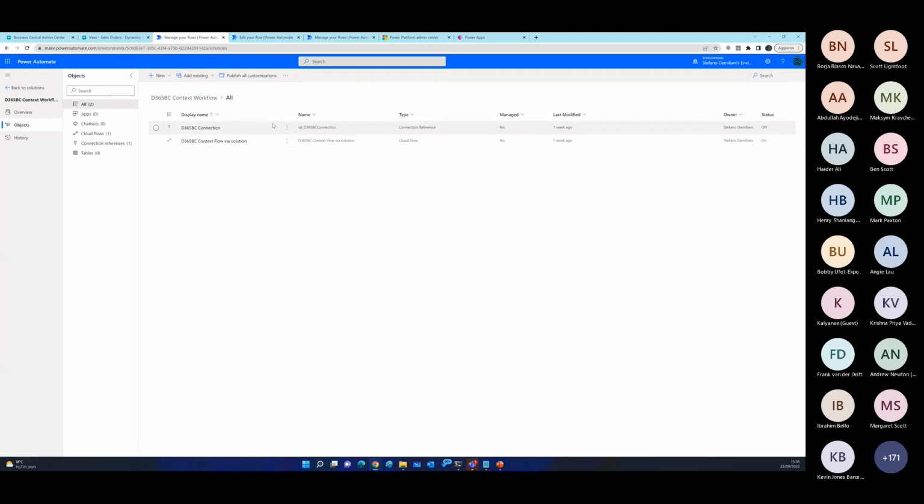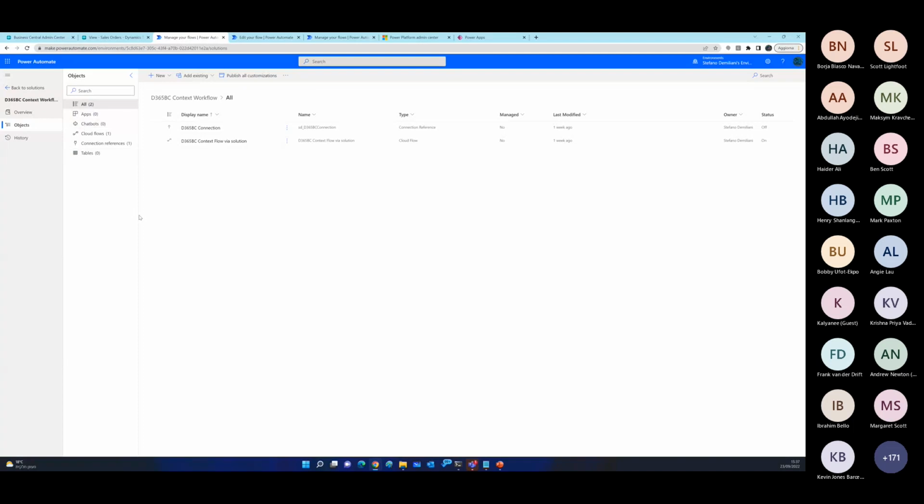First, you create the connection reference, then you create the workflow, and the action of the workflow can use this connection reference as its connection, which you can later change when you move workflows across environments. So this is the best practice if you want to move complex workflows across environments. And when this work is finished, so you have created the connection reference, you have created your complex workflows and